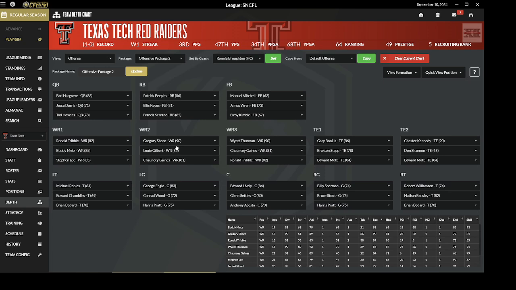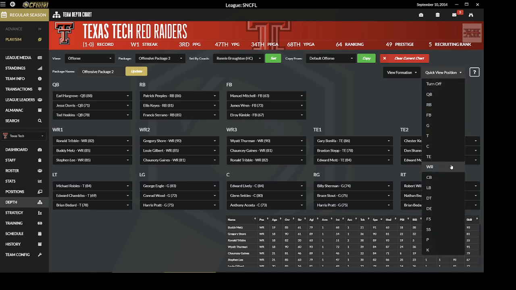I want a speedster at wide receiver 2 because, again, wide receiver 2 goes long on a lot of plays. So I need somebody who has speed. Slot wide receiver is traditionally going to be someone who has higher agility and good hands. So that's why Thurman is in that position. And then, of course, we just talked about why Metz is where Metz is. And you'd see this a lot more at Maryland, where there are times I have my best wide receiver at wide receiver 4. But again, that's where you might use the formation a little bit more to say, look,